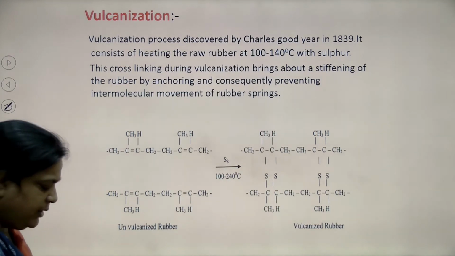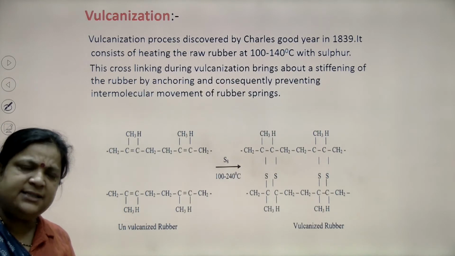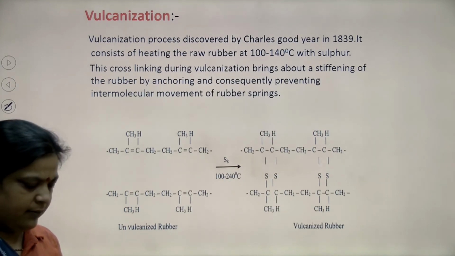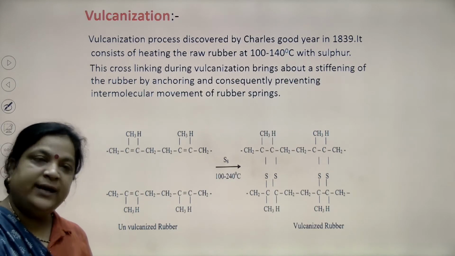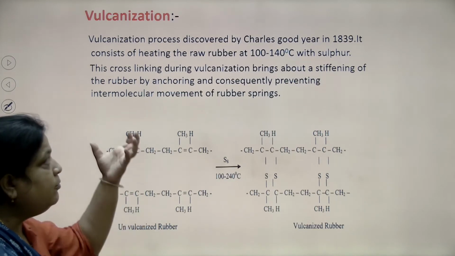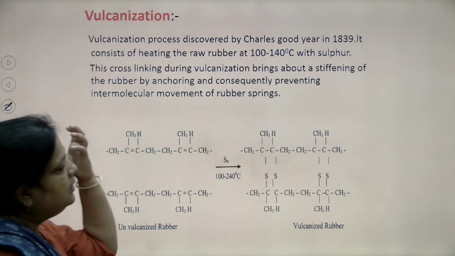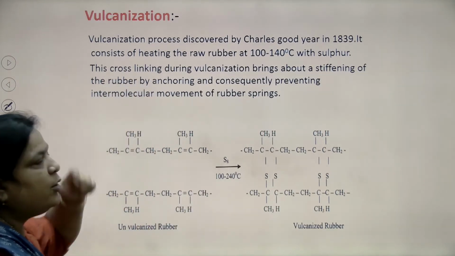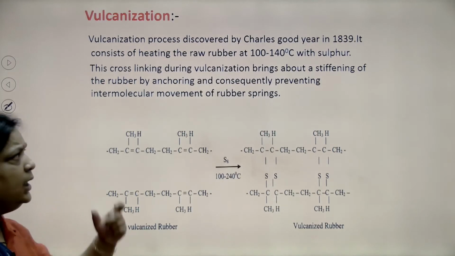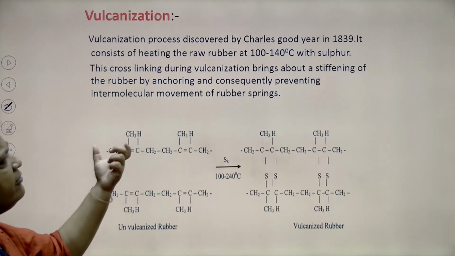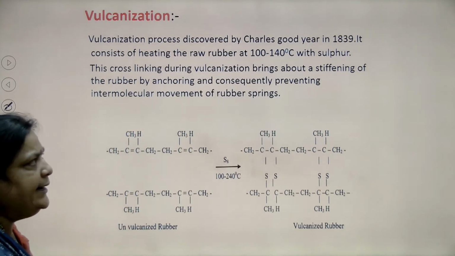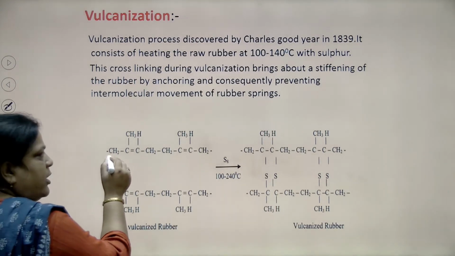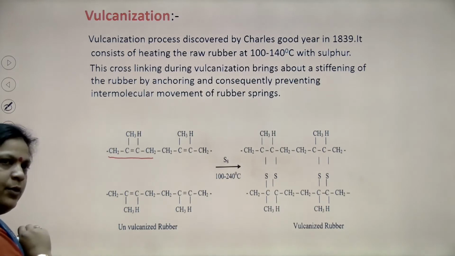It is oxidized by oxidizing agents, by sunlight or by some chemicals. It has stickiness and low tensile strength. So, to make the raw rubber useful, this vulcanization process has been done. This process was discovered by Charles Goodyear in 1839, and in this process, this is raw rubber, an isoprene polymer, and